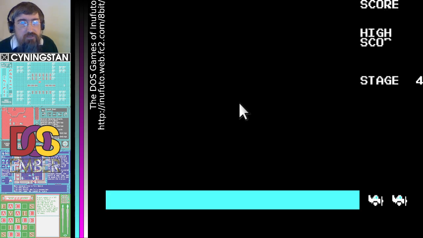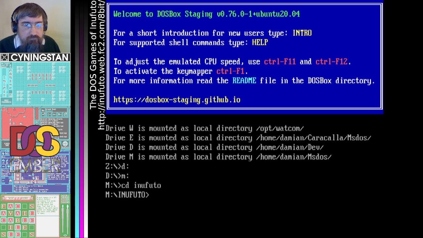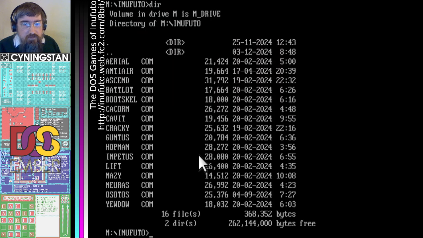So what I'm going to do is go reset DOSbox. I'll play through these in the order that they're in my directory. No, it's not D drive at all, that's my development drive, it's M drive. So let's have a look and see what else they are. So aerial, I think it is listing them in alphabetical order. So anti-air,